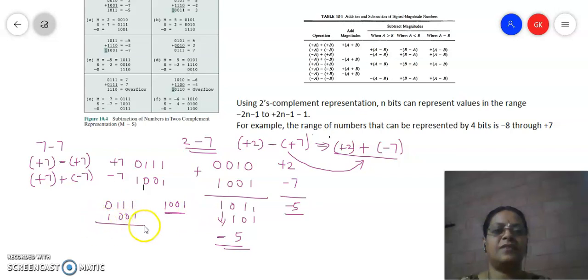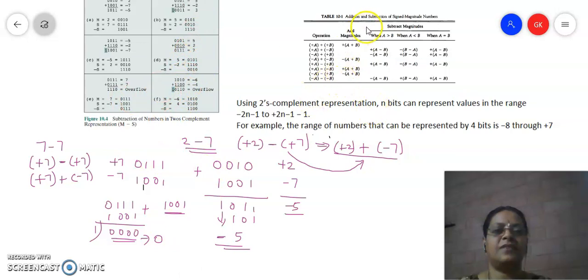Okay, now with the subtraction implemented as addition, 1 plus 1 is 1 0, 1 plus 1 is 1 0, 1 plus 1 is 1 0, 1 plus 1 is 1 0, then you will get a 1 here. So if there is an end around carry in 2's complement, you will ignore it. So what is the final answer? It is going to be 0. So plus 7 minus 7 is going to be 0. That's what they have given here. Okay, so this completes the subtraction operation, and in the same way, you can work out all the remaining numbers also here.